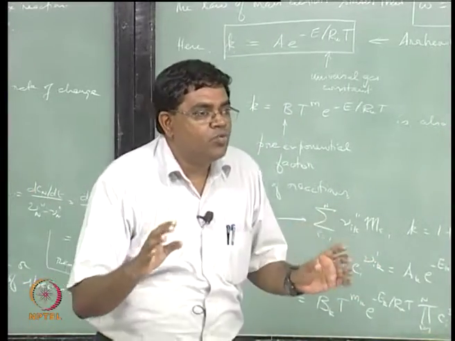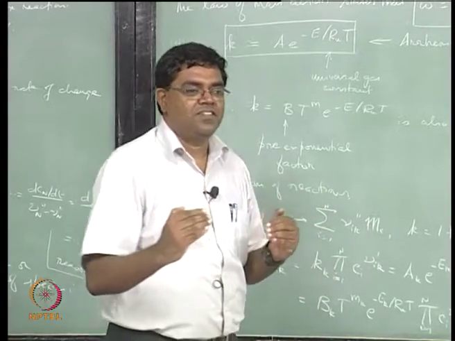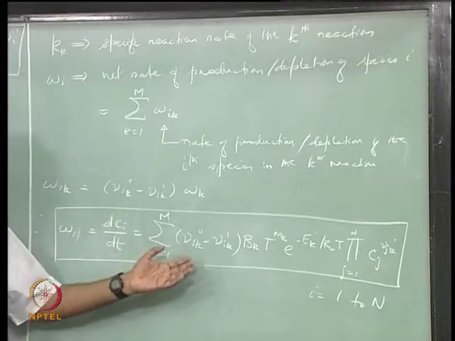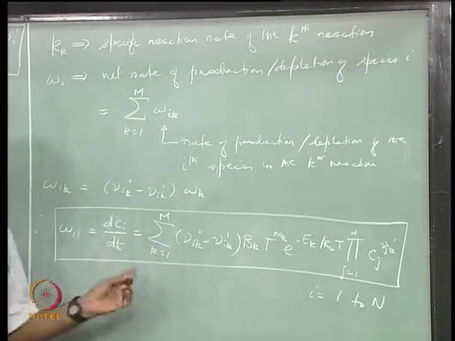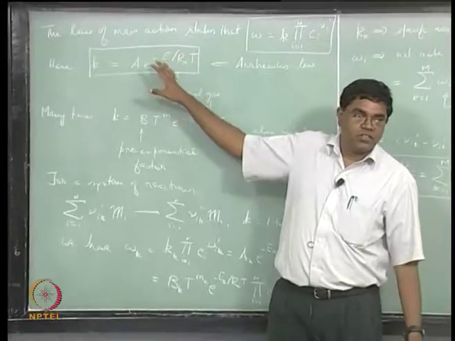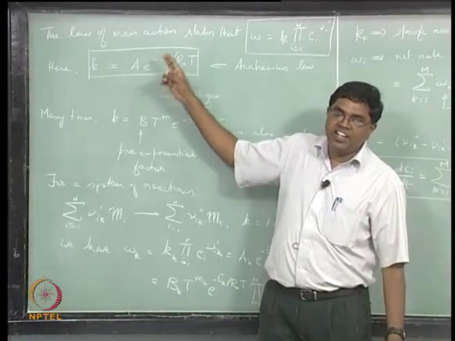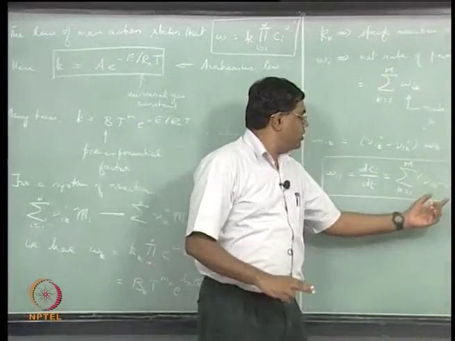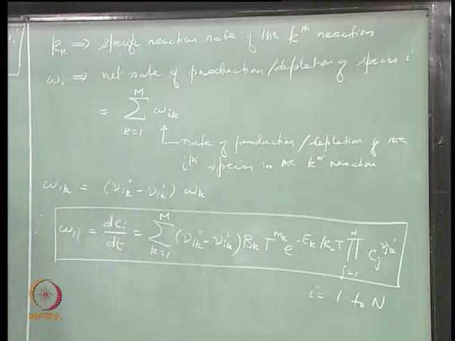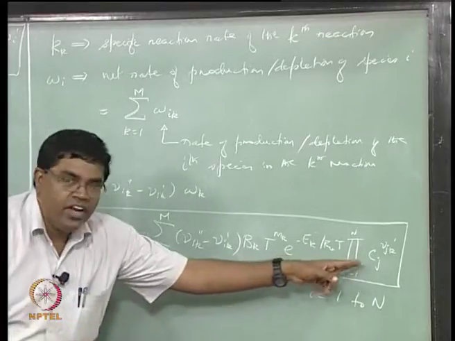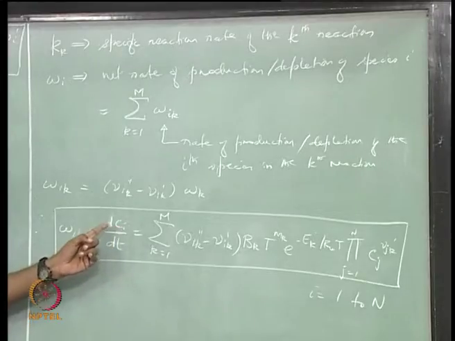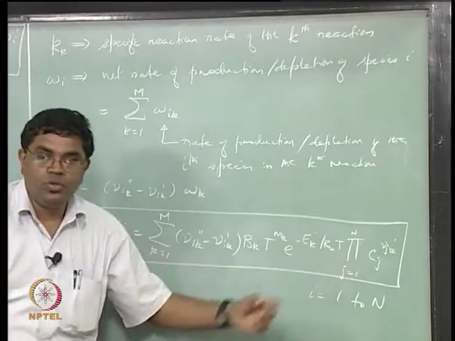This is only the starting, we are only scratching the surface here. Now look at the nature of these equations. First of all, these are highly nonlinear, not because of the hue and cry that I made about the temperature dependence, that nonlinearity in the temperature dependence that's showing up here in each of these terms. That's bad enough, that's something that I will come to next, okay. The nonlinearity is because you now have each of these Ci's as an unknown you have to solve for simultaneously, and these unknowns are actually showing up as products,